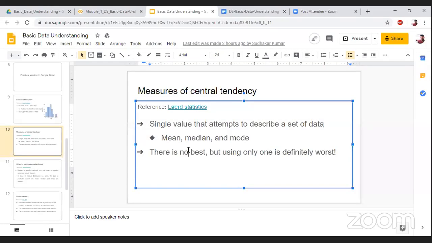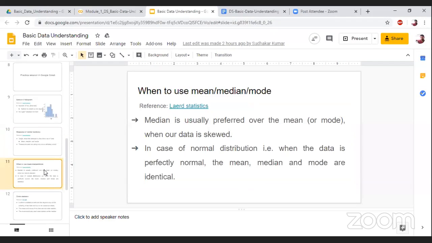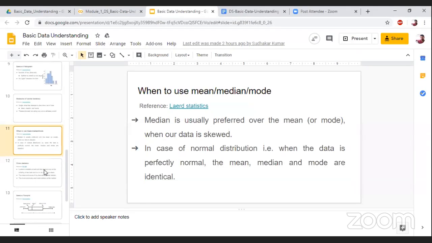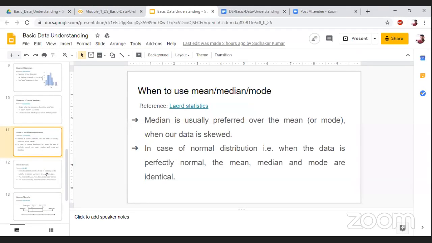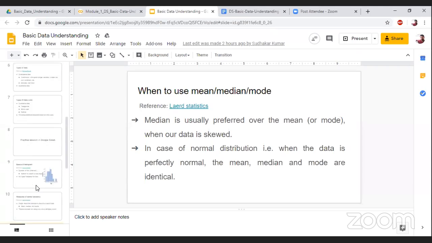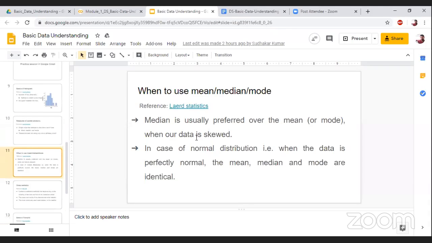So there is not a well defined algorithm for when to use mean, median, or mode, but surely we can choose the better one. Median is basically preferred when our data is skewed. For example, a skewed data, I think we have not included a slide here. So basically a skewed data